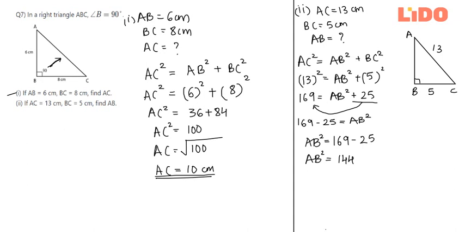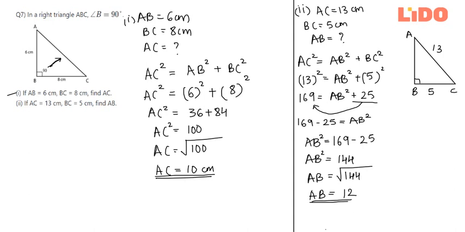And like I just mentioned, the square, the exponent, if you shift it to the other side of the equal to sign, it will become the root. So this will be square root of 144, and thus we have AB equal to 12. I'm guessing that in both these cases, that is square root of 100 and square root of 144, with practice you might be able to identify on looking at 100 and 144 that it is 10 and 12, the square root. If not, you will have to do the prime factorization method.